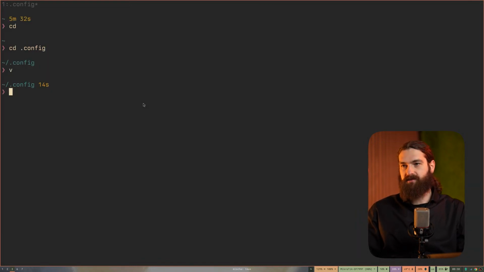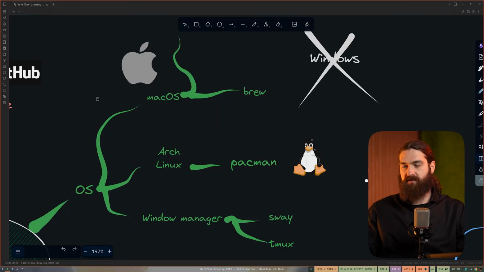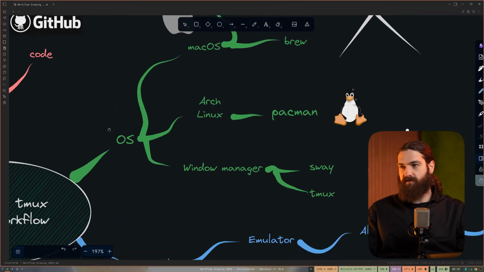So yeah, I absolutely love this type of workflow, and that is where everything is based around. So going to the OS section,